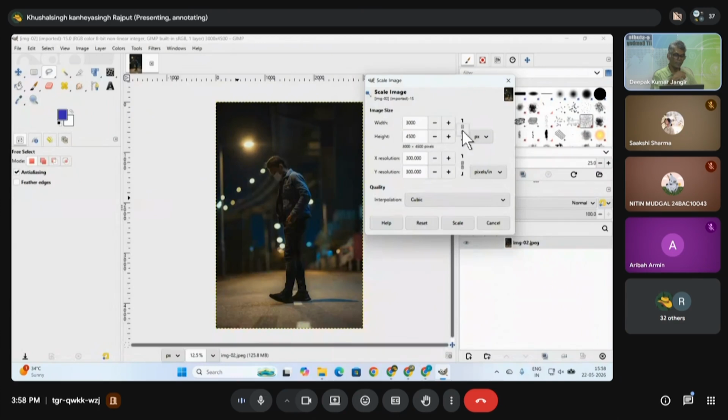But when I click it again, the chain is binding, it means locked. Now if I change the width, the height will change proportionately and automatically. So what I want, 200 will be the width. I will type the value 200, just enter. Now you see 200 by 300, it means proportionately the height becomes 300, and my PPI would be 96,